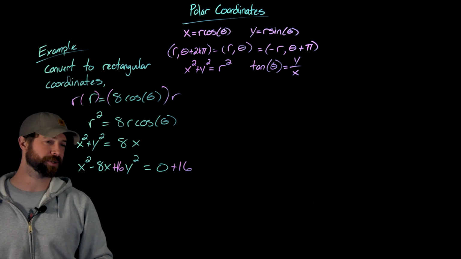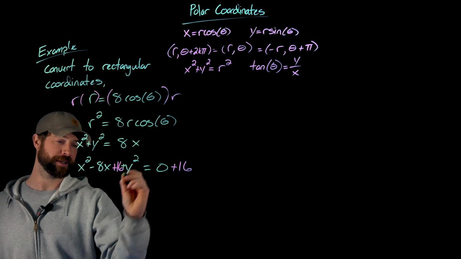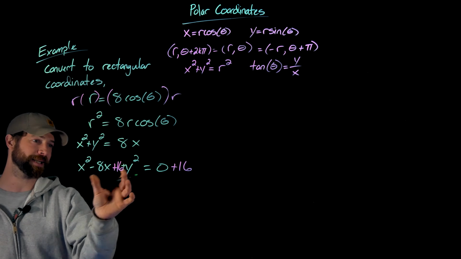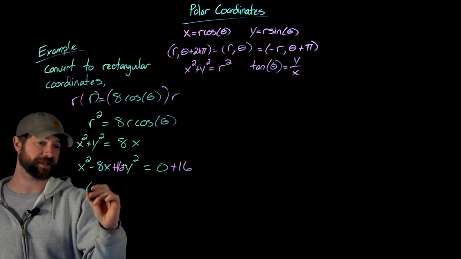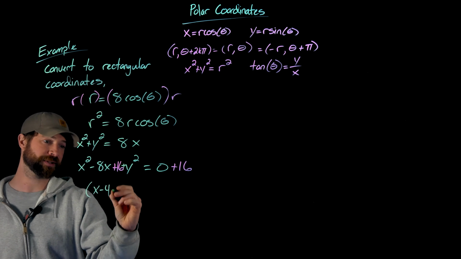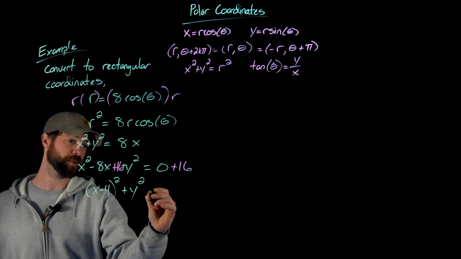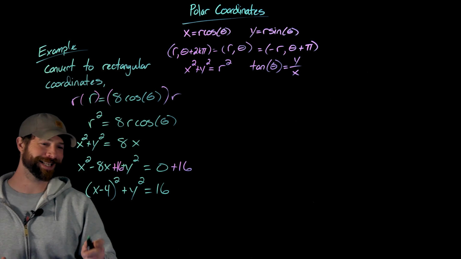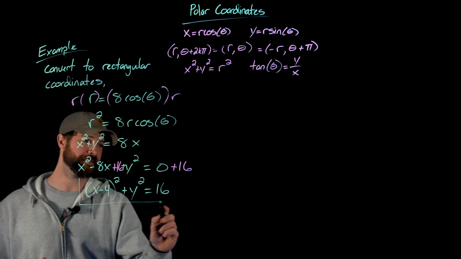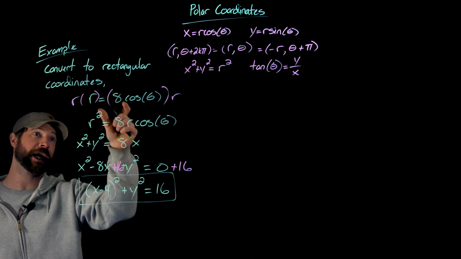So when I complete the square, what I know is that this expression right here, I need a plus, sorry, in between those two. So I've added 16, I have plus y squared. Here, this factors perfectly into x minus 4 squared. This obviously stays as y squared, and then I have 16. And so in my mind, this is the best form of this rectangular equation, or this equation described in terms